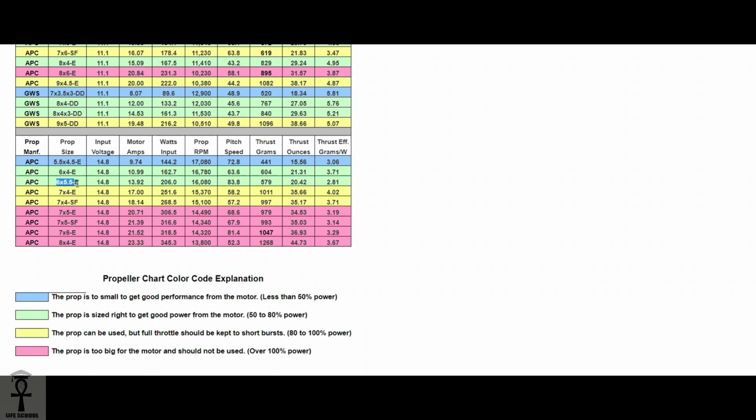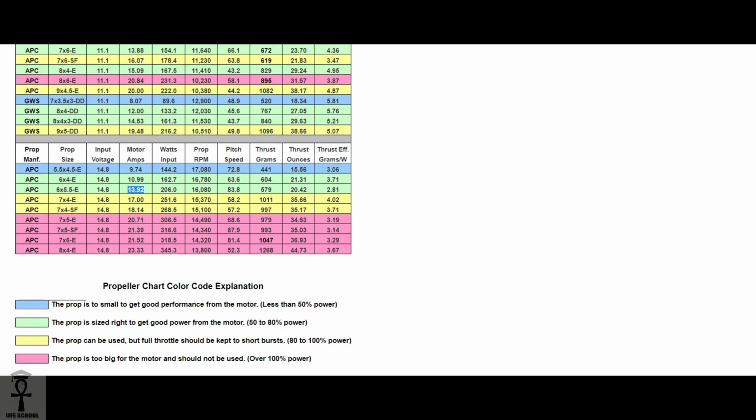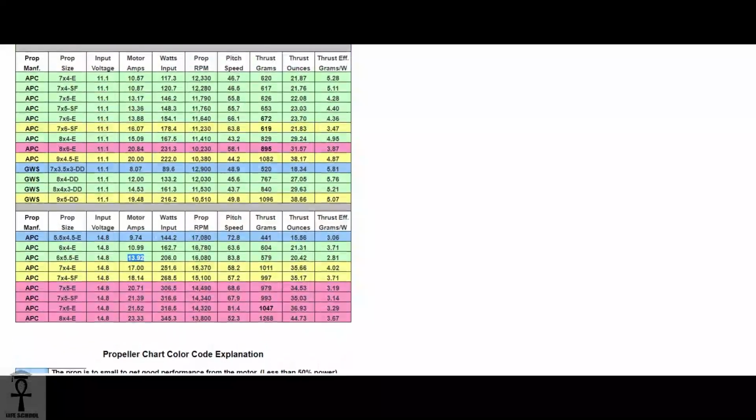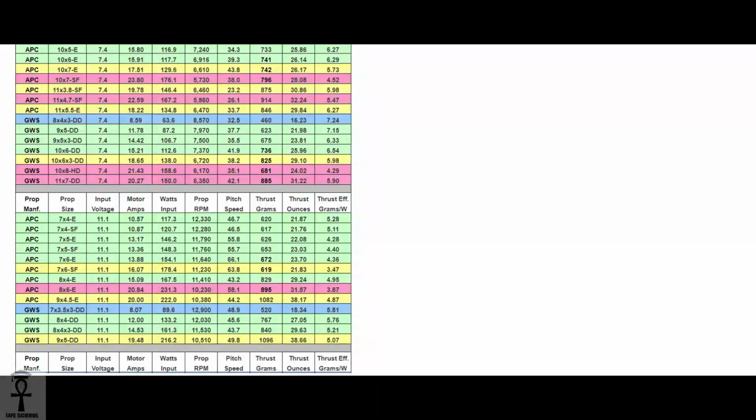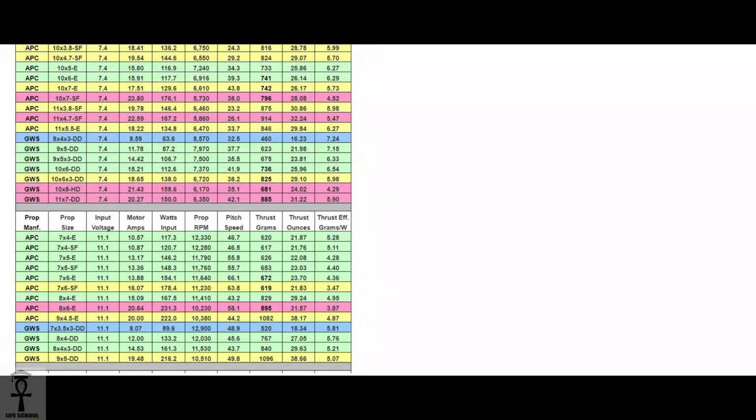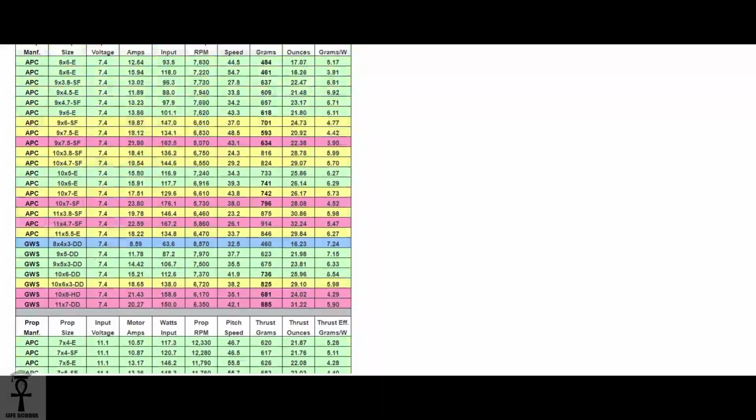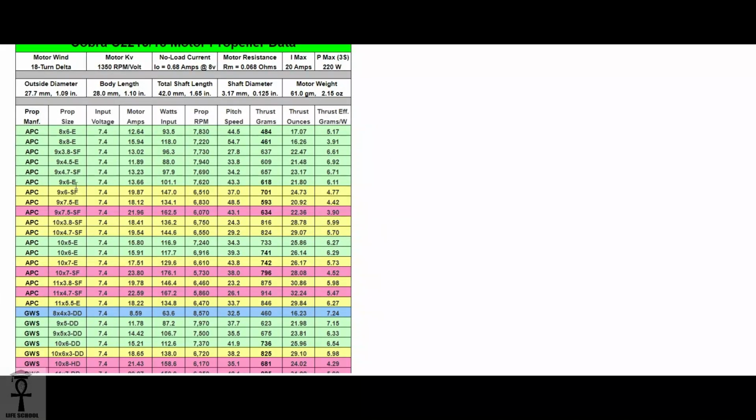So this is how we are going to conclude that this motor can be used for a 6 cross 5.5 electric prop for a 4 cell battery. The ampere current that it requires is 13.92. Then the watts it is going to consume is 206 watts. Then the thrust produced will be 579. Now for this you need to select an optimal prop and an optimal motor, so that you can get your desired thrust at least current, as well as at your decided battery. So this is how we're going to select a motor after fixing the prop.